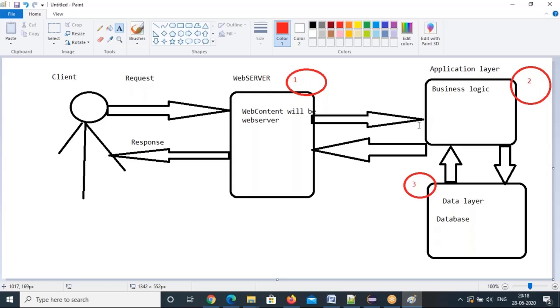Data means data storing, data creating, like tables. Inside the tables you can create one row. But a database you cannot create. That's already done by the dev team, right? They will use one database. That's all done by the dev team. We are not going to do anything there. Okay.